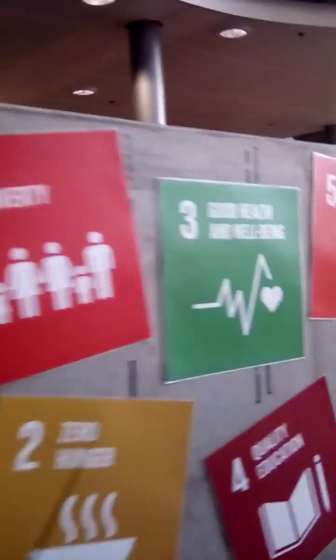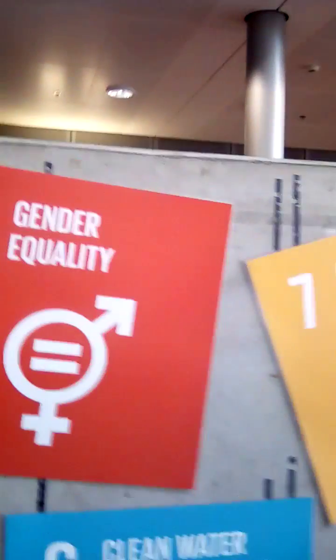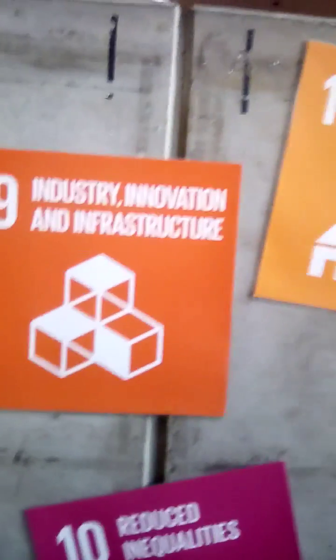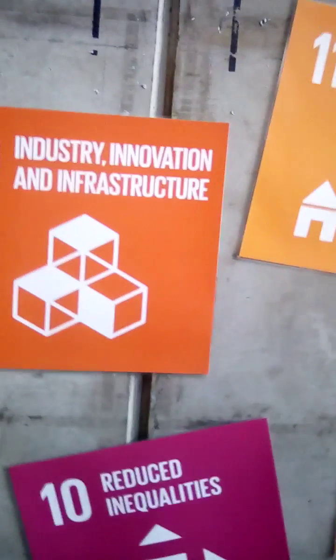We've got 17 points of the UN sustainability program: no poverty, zero hunger, good health and well-being, quality education, gender equality, clean water and sanitation, affordable clean energy, decent work and economic growth, industry, innovation, infrastructure, reduce